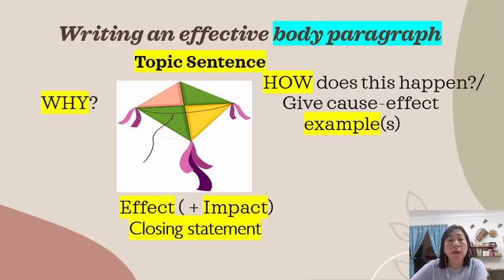So after the topic sentence, you can choose to either write why they are rude to their family members or how this phenomenon happens. There is no hard and fast rule that says you must write how first or why first. However, it is common practice for students to attack why, probably because it's easier to write or to give reasons on the topic sentence. Again, don't just go for one sentence